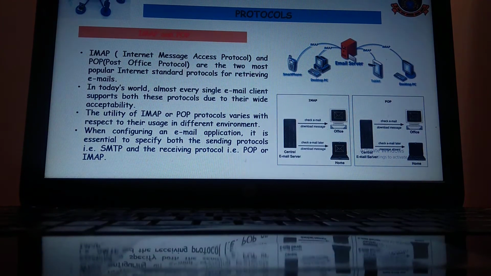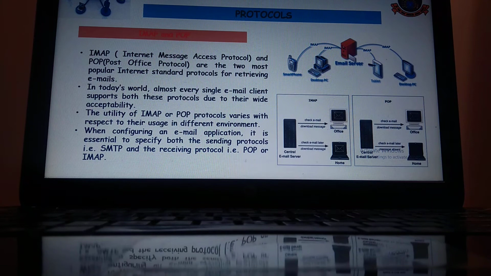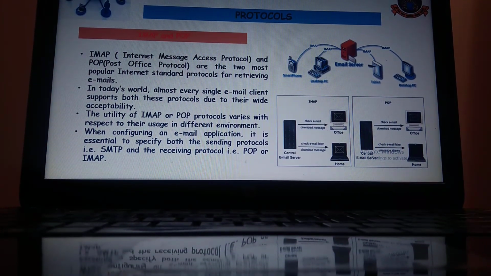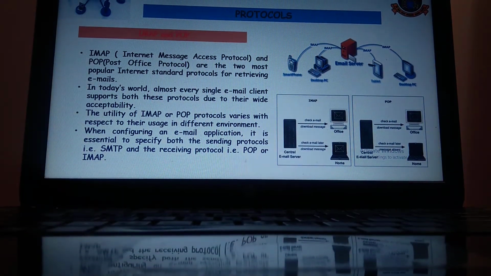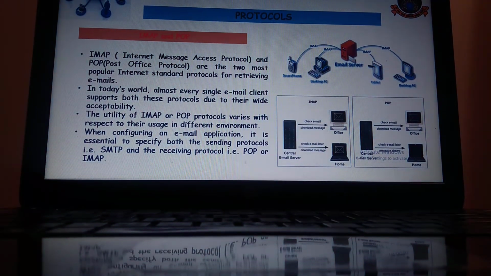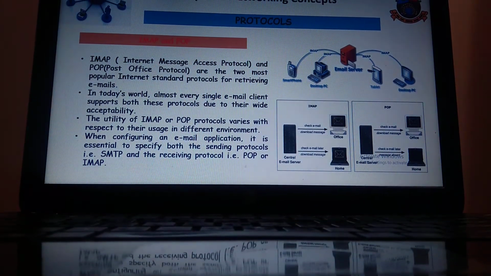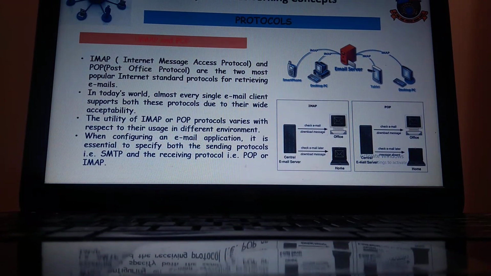When configuring an email application, it is important to specify both the sending protocol, that is SMTP, and the receiving protocol, that is POP or IMAP. So in all, for receiving and sending of emails, you need SMTP on the sender side and either IMAP or POP on the receiving side.